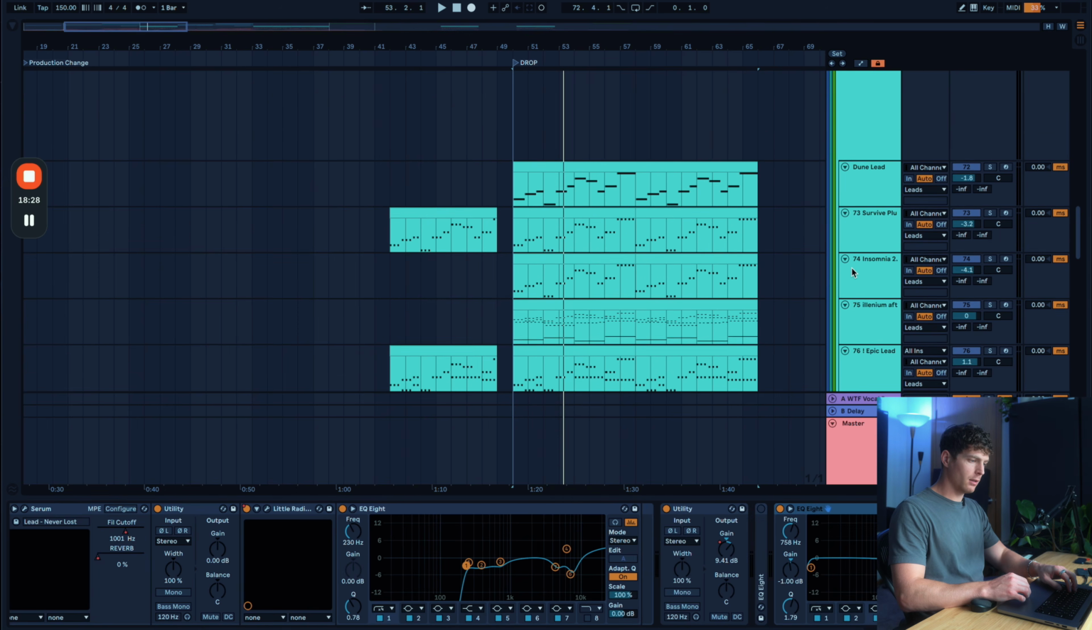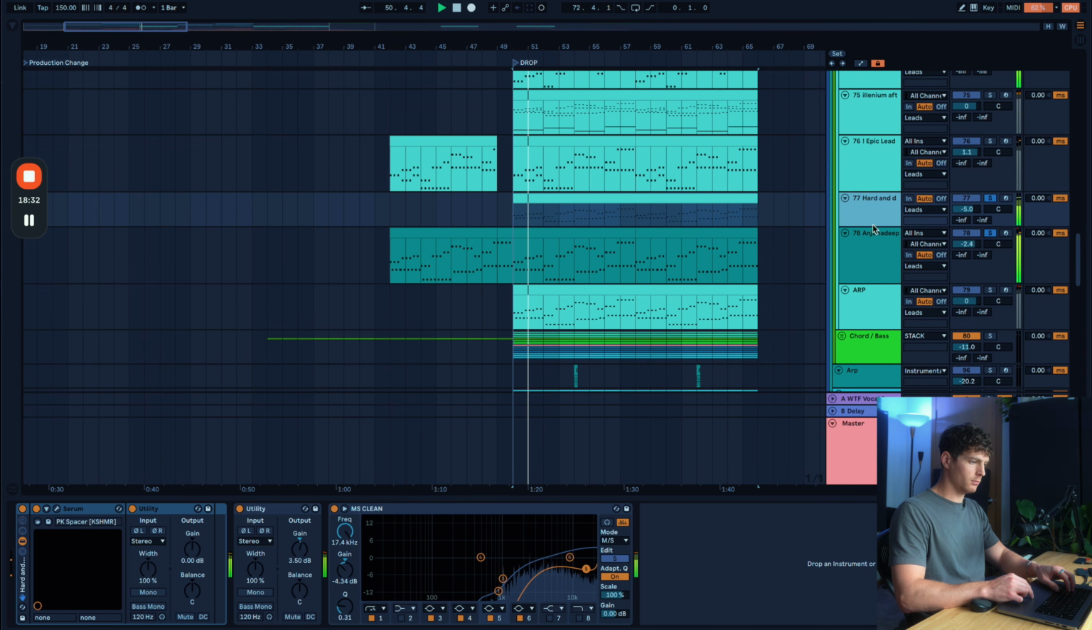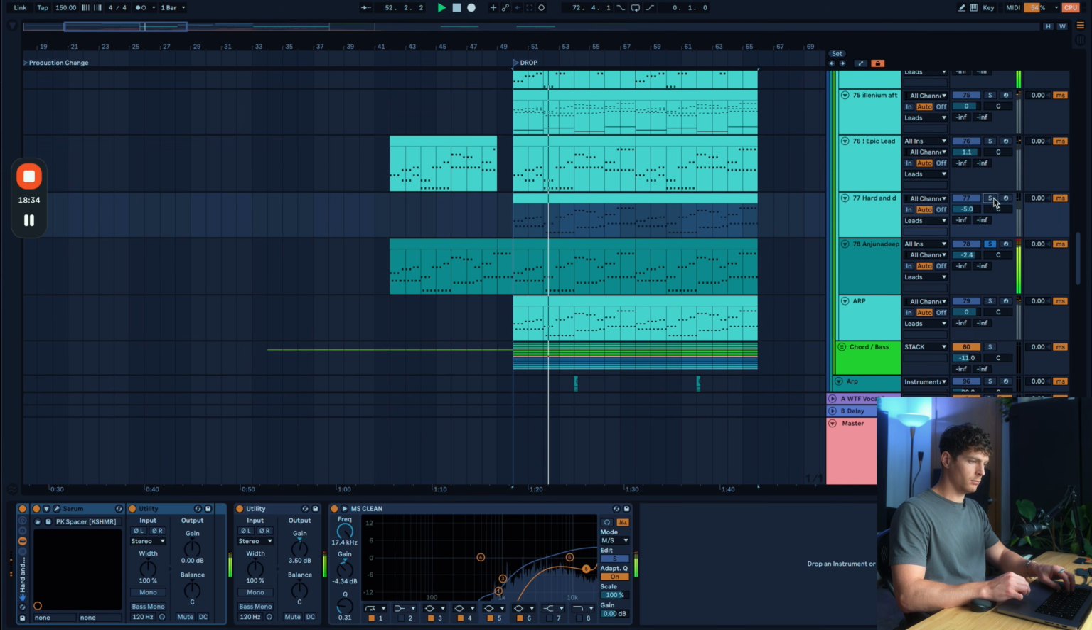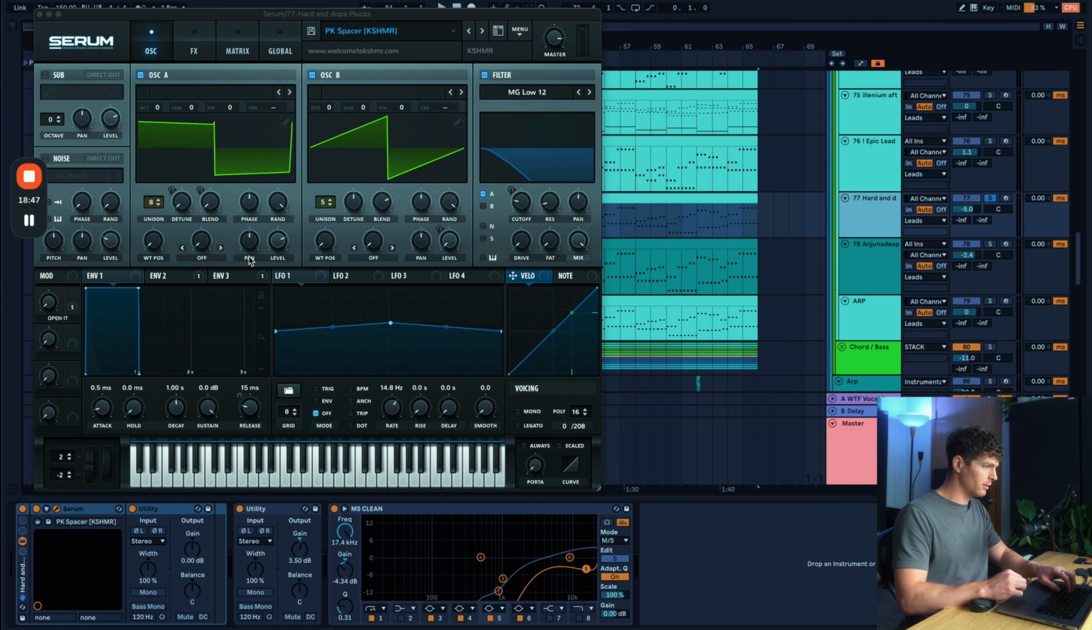All right, so now if we add those two to these three. So if you've ever wondered how to get your lead really sharp, if you have ARPs and stuff like that and you really want it to cut through the mix, that is a great way to go about it. This was a preset from a Cashmere pack that I changed a bunch,